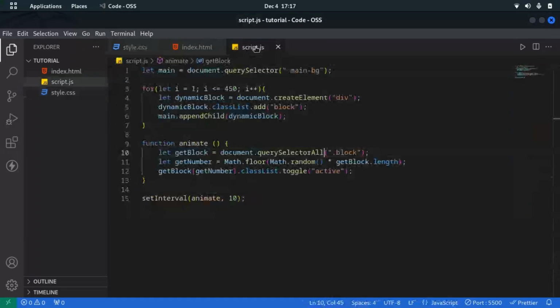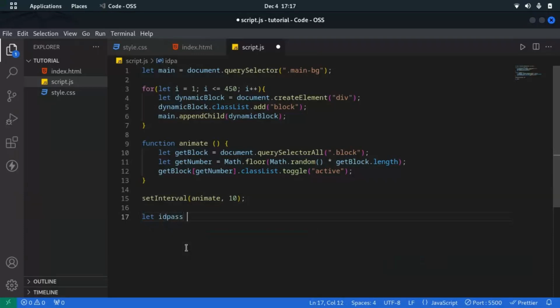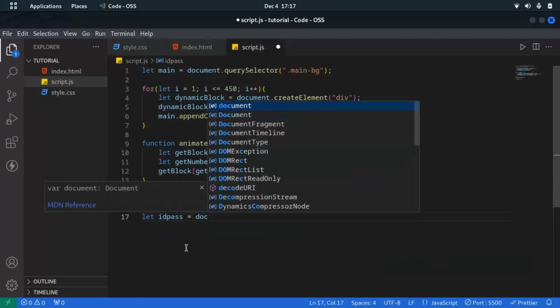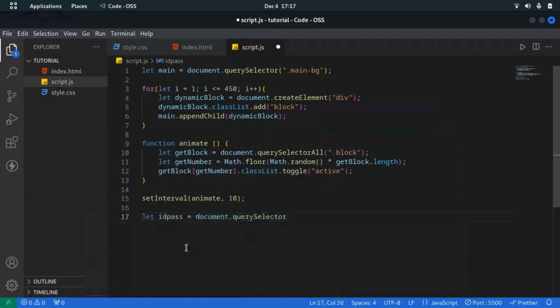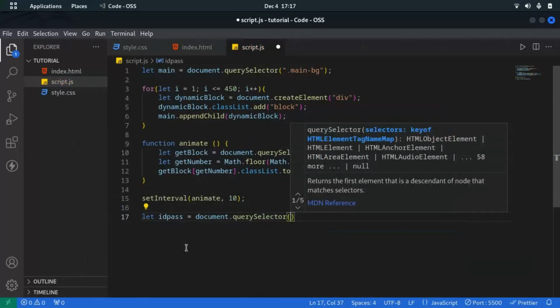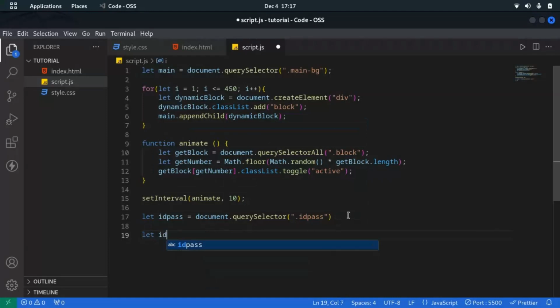and then come to our JavaScript here. After this interval, I'm going to say let id pass equals document dot query selector. So I want to select this. After getting it, I want to say let id pass data